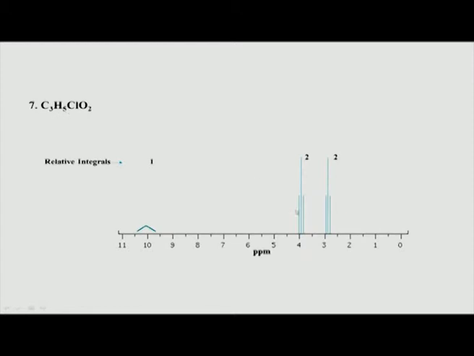Now you can see there is a 4 here, which means there is an OCH group present. Only if there is an OCH group do we expect to see a peak somewhere between 4 to 5 ppm. So, there is an OCH group, but then for the next one there is a chlorine, and that is also an electronegative atom. Therefore, there is a hydrogen which is attached to a chlorine, and that is also getting downfield shifted. So, what could be the structure which will satisfy this particular case?